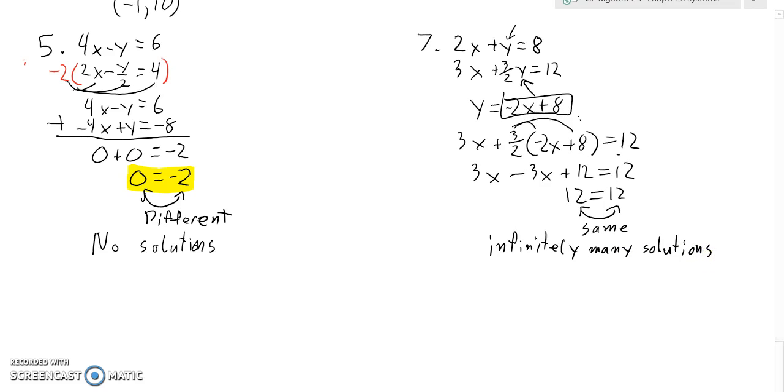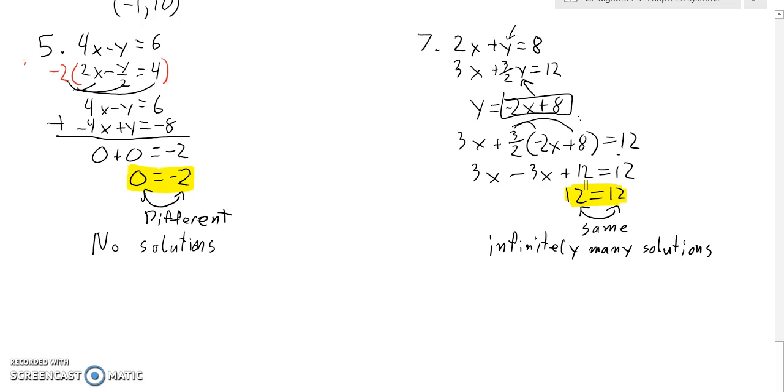So that concept is the key. So you get a number equals another number. If it's the same, if it's true, then there's infinitely many solutions. You really have the same line. If they're different, if it's not true, then you have parallel lines. One of these has no solutions, the parallel lines. One of these has infinitely many